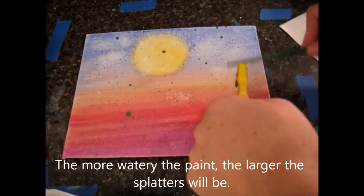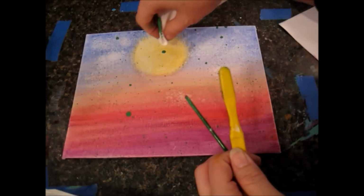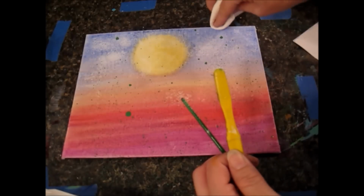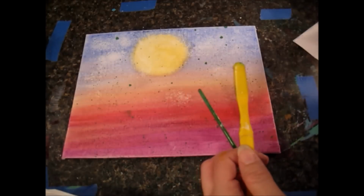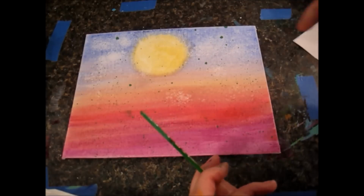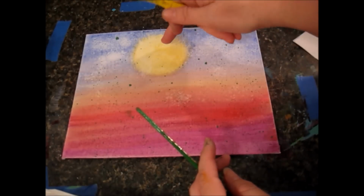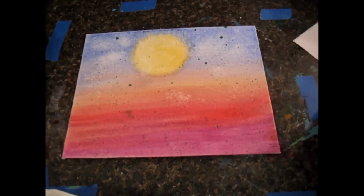Okay, once that color's gone, ooh, I got one right in the sun. If you get something like that and you don't like it or it's too big, you can dab that off with a paper towel. And if you wet it down, you can even get more of it off. Say it's a little bit too dark or whatever. I don't mind these up here, but if your kids get one like that and they don't want to keep it, they can just, if they get it right away before it dries, and you have to be sure that the bottom canvas is completely dry, because if this yellow was still wet, it would pick up the yellow also when you did that. So I'm going to clean this green out now,